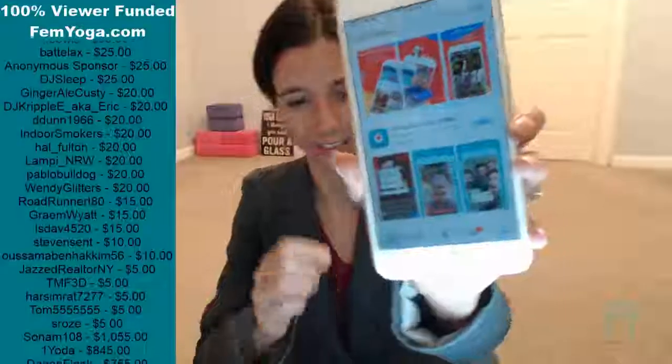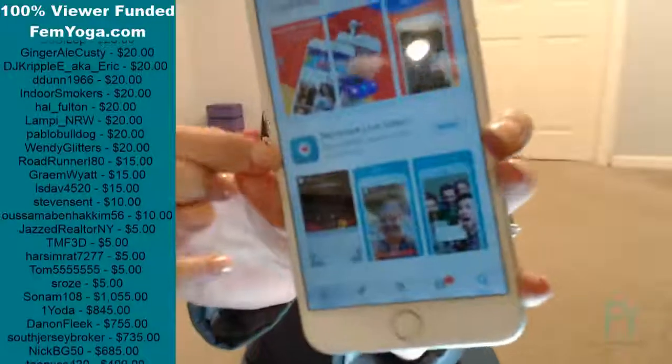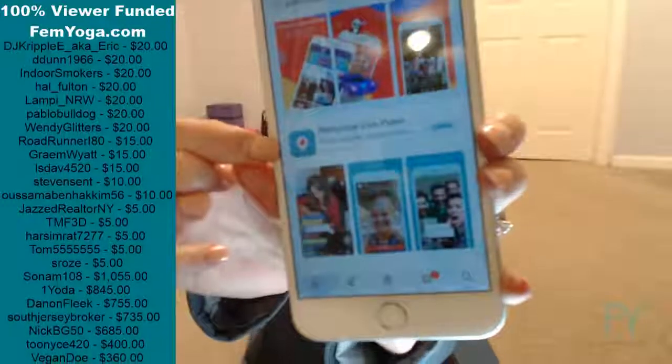I am going to show you today exactly how to use Periscope, the app that is basically like Twitter Live. So first you want to go into your app store, search Periscope, and download the correct app. It'll look like this with the blue background and the little teardrop shape Periscope. You're going to open that up